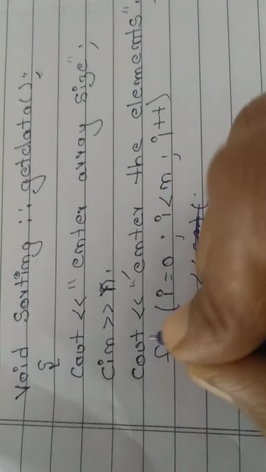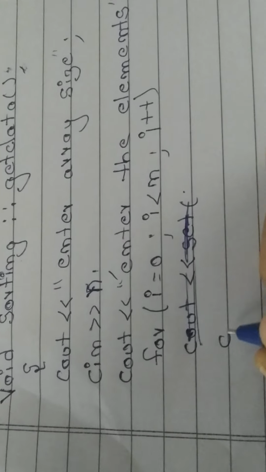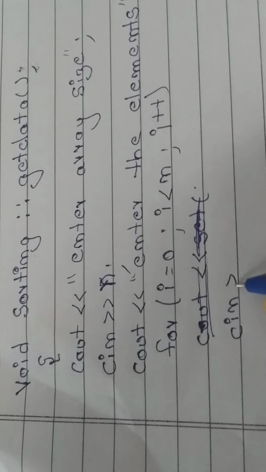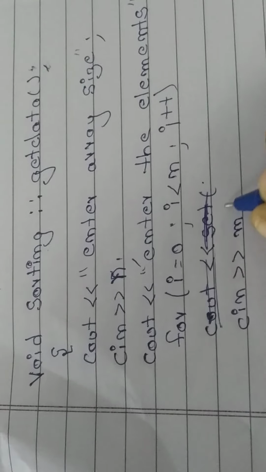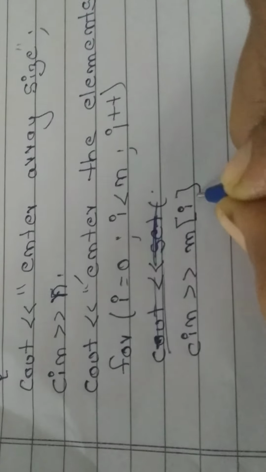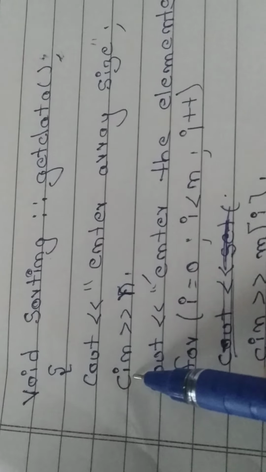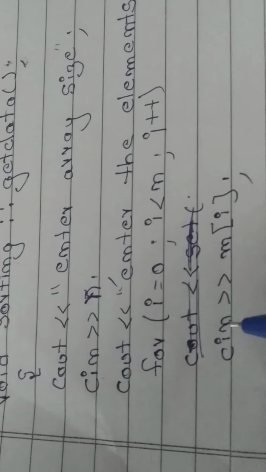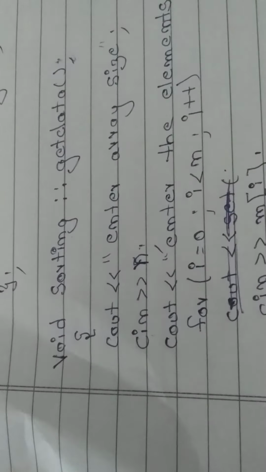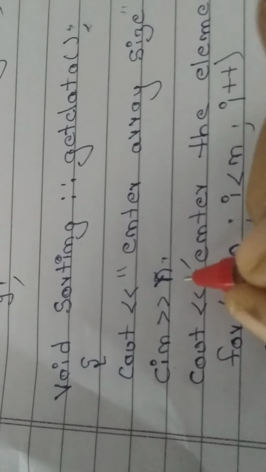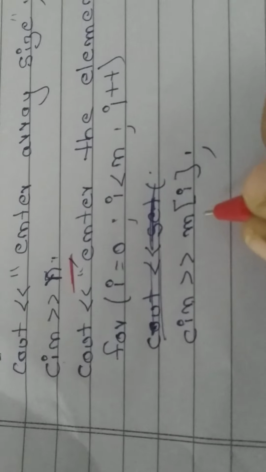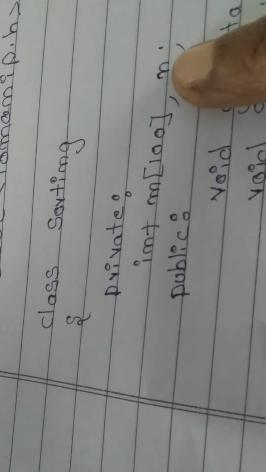Sorry, we are storing inside, no? Cin, m of i. Those elements we are storing in the array. Here we are asking the user and storing inside. Now you look here. Whatever variables are there in cin, one variable is there, no? Here also one variable. These variables only we will declare here.